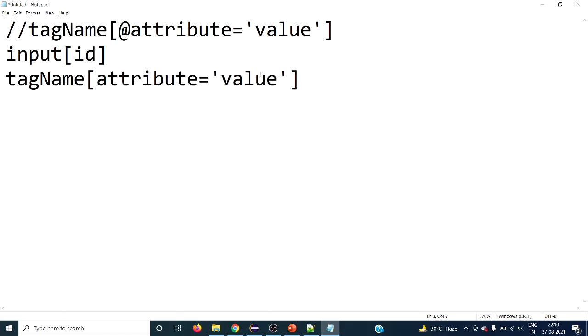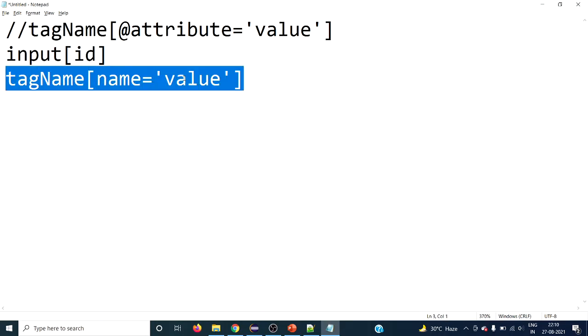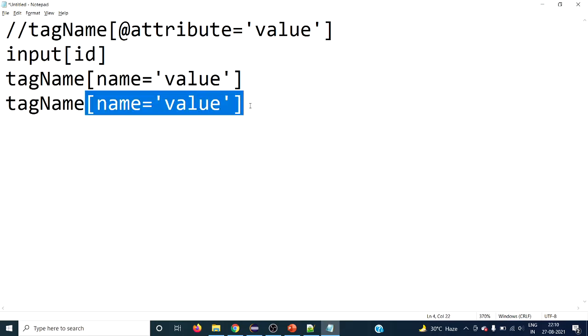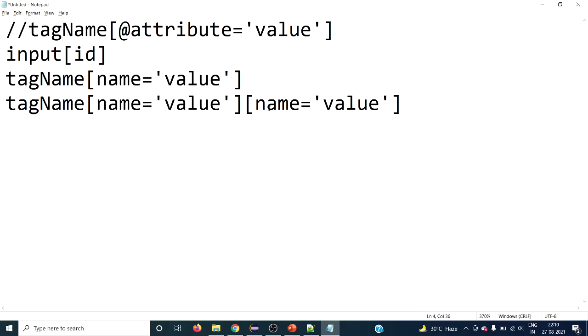Say I want to add one more attribute. Here you have the name attribute, but I have a placeholder attribute also. How can we use multiple attributes? For that we use the same syntax, but for another attribute we use another square bracket, same like this.